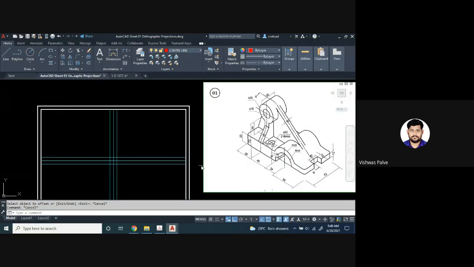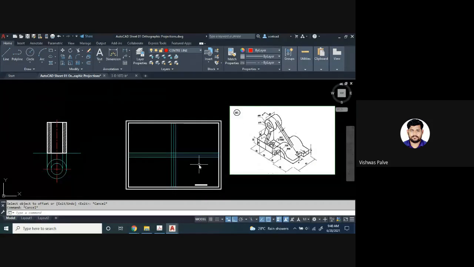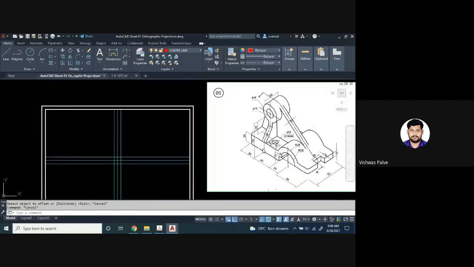Now at present, let us start with this corner point. We are going to draw the front view and top view first. Starting with this corner point, I will use the object line. The vertical distance is 20 millimeter, then the horizontal distance first is 36 millimeter, then a distance of 40 millimeter, but that is at the bottom.